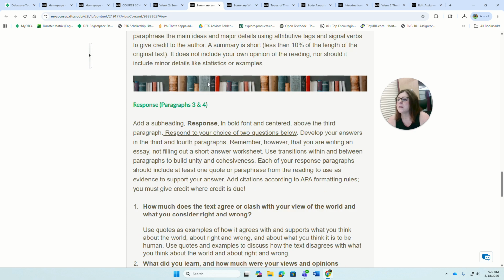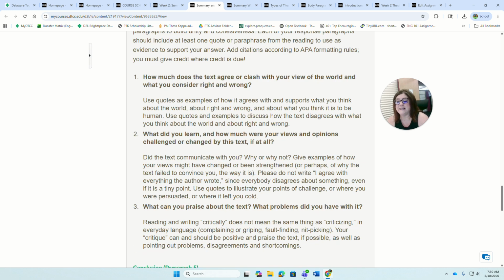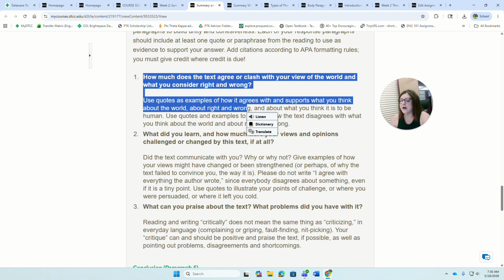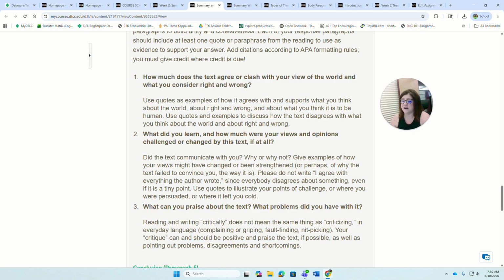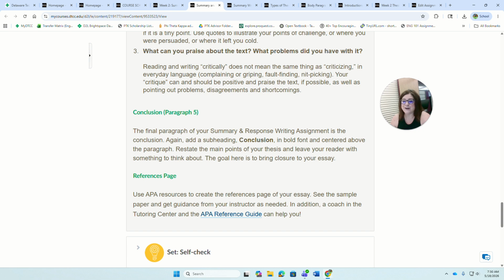Essentially, you are going to have a title page in APA, an introduction, and a summary, which we're working on this week. Then you're going to have 2 different response paragraphs. Each of those response paragraphs needs to answer 1 or 2 of these questions. So you're going to read these questions over, choose 2, write 1 paragraph on one, write 1 paragraph on the other, give yourself a good conclusion,